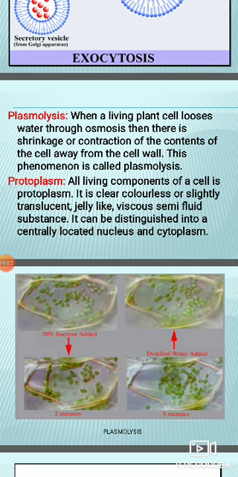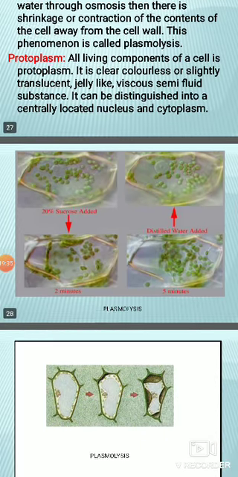Okay, and the last one is protoplasm. All the living components of a cell, because you know that some are non-living. Suppose cell wall is non-living, but cell membrane is living, nucleus is living. So all the living components of a cell are called protoplasm. It is colorless, translucent, a jelly-like viscous semi-fluid substance. Okay, it generally contains a centrally located nucleus and cytoplasm. So you can say that nucleus and cytoplasm together form the protoplasm of a cell. Okay,